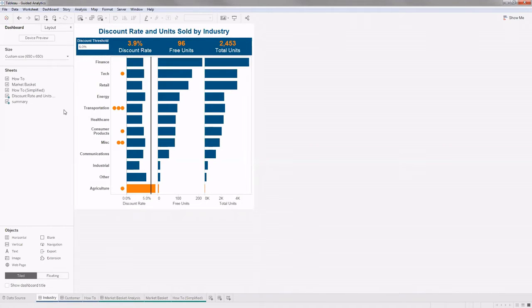Now the discount rates, we are looking at them at the industry level. What happens is we are aggregating the data. When I set the discount threshold to 0.6, 66%, only agriculture is popping out. Whereas the total number of units given as a discount there is very low compared to the free units given in other industries.